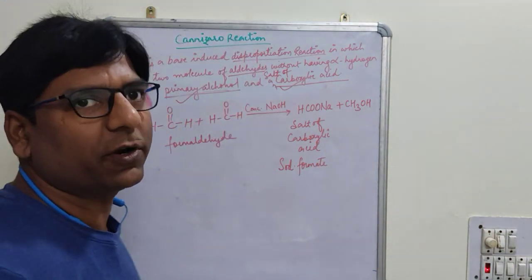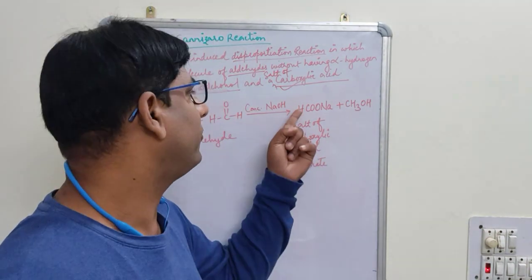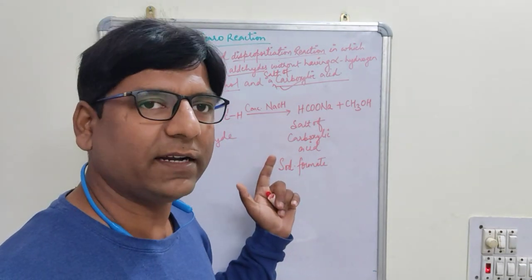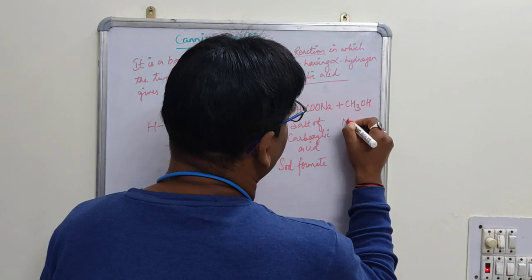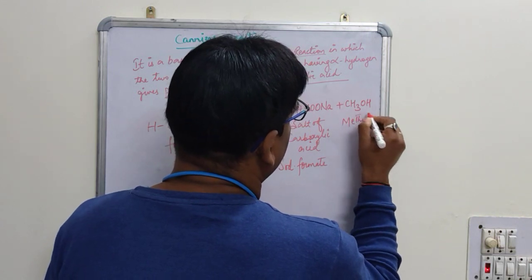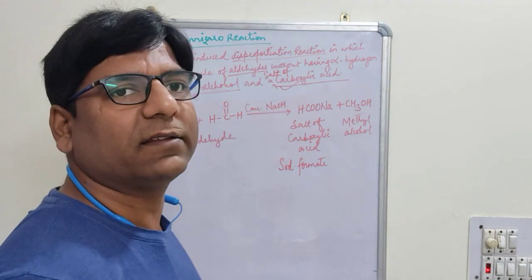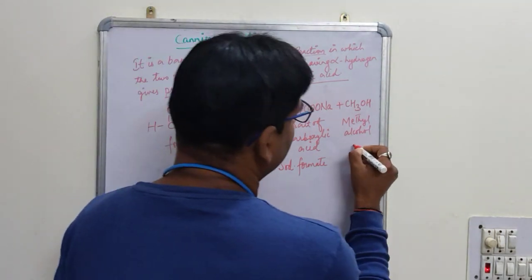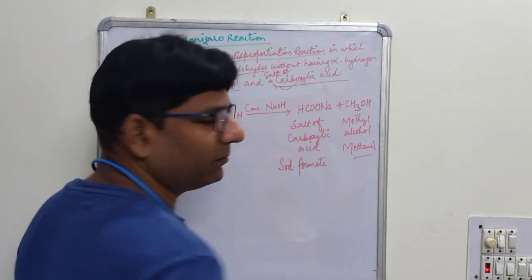Why is it formate? Because this sodium salt is derived from formic acid, right? Now, and this is CH3OH, this is known as what? Methyl alcohol, which is commonly better known as what? Methanol,